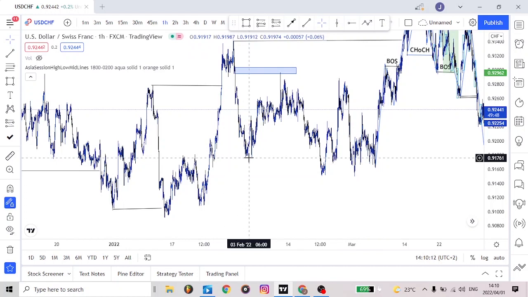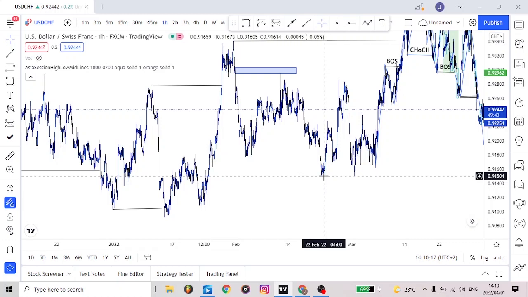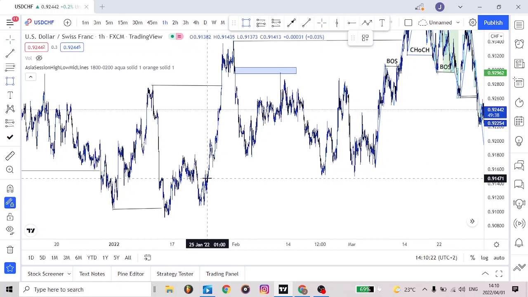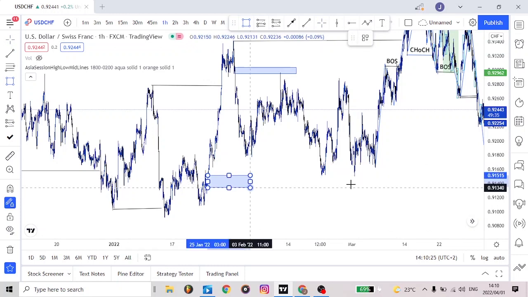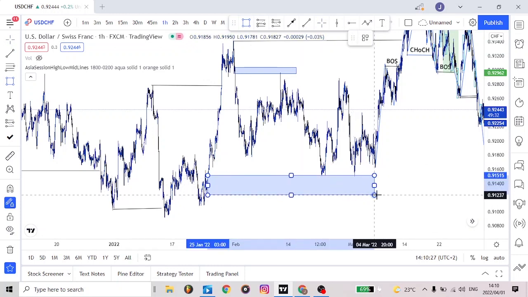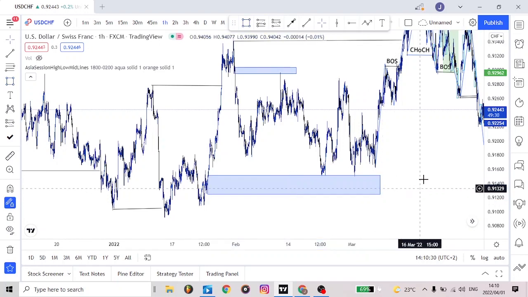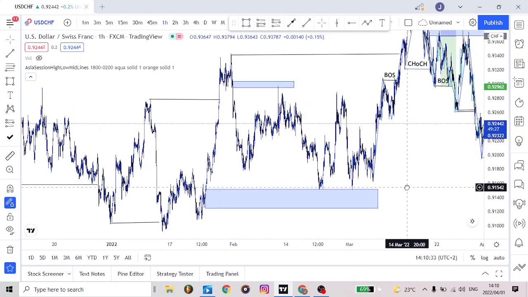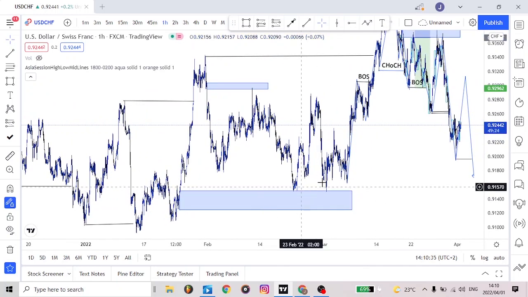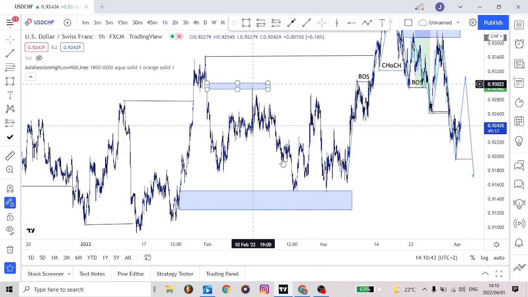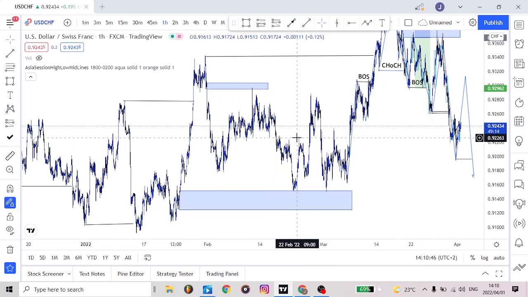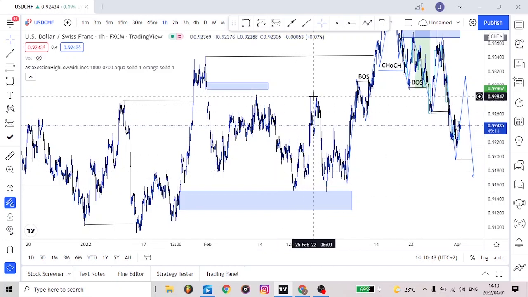So we had the market push back here and then try going up and then start going down, and this here is where we're going to look for our zone. This is where we're going to look for our point of interest. Look what the market did. It tapped in the first time. I wouldn't have entered the first time because I would have waited for what? For a change of character. As you can see, we had a mini downtrend, and then this signifies a change of character here, and then it continued pushing up after that change of character.